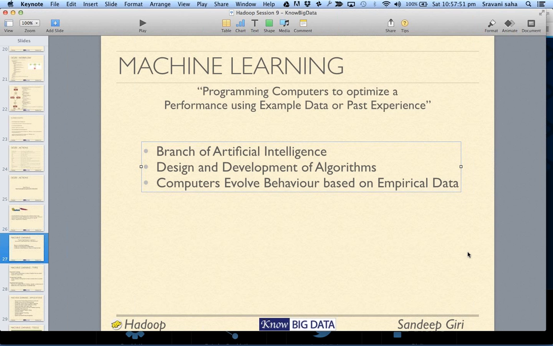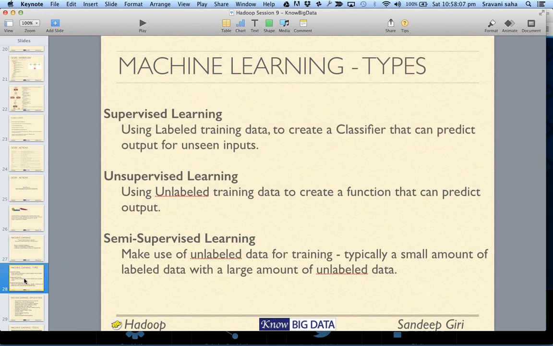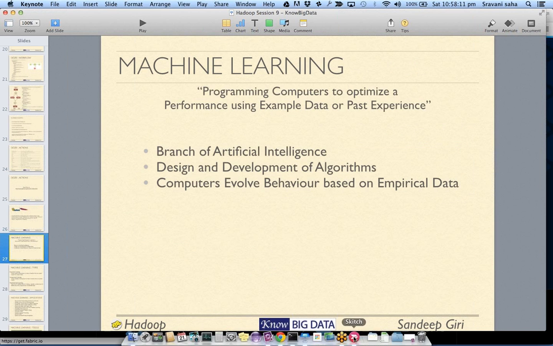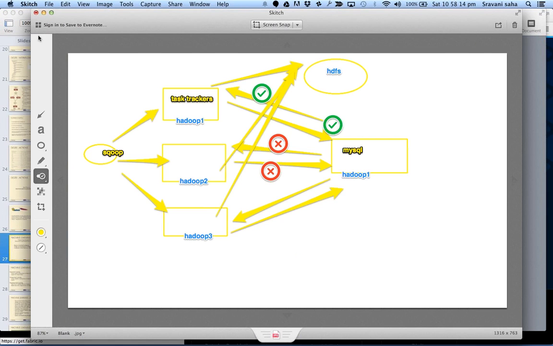Okay, so machine learning is a branch of AI. We design and develop algorithms to basically let the computer evolve its behavior based on empirical data. In very, very simple words, the most basic form of AI or the most basic form of learning would be